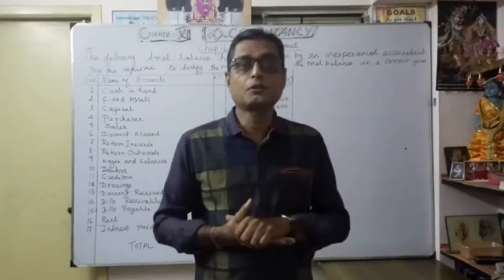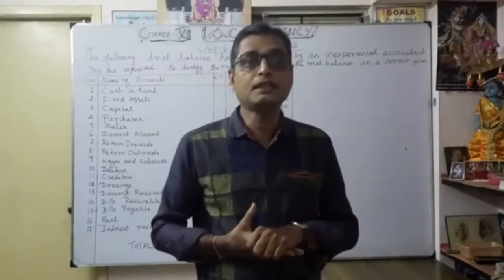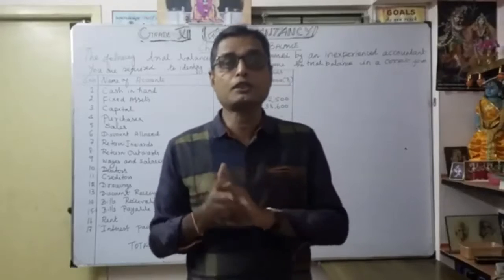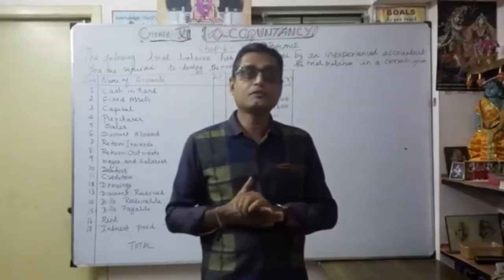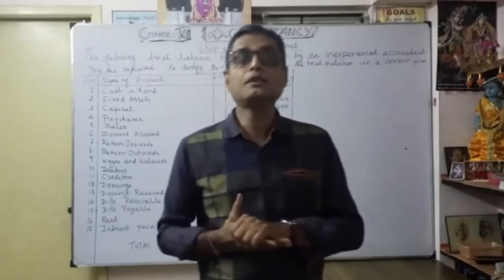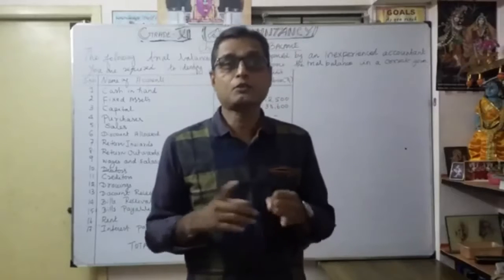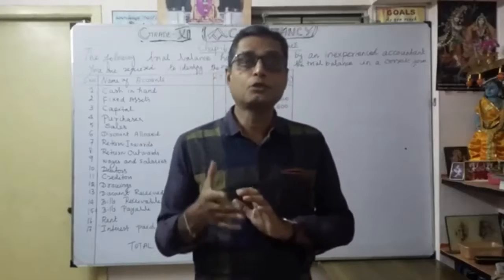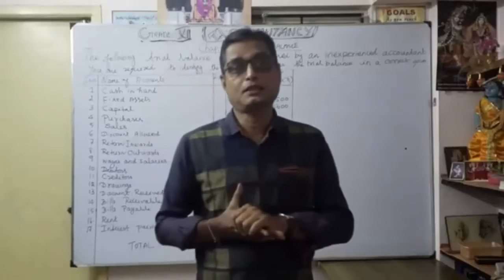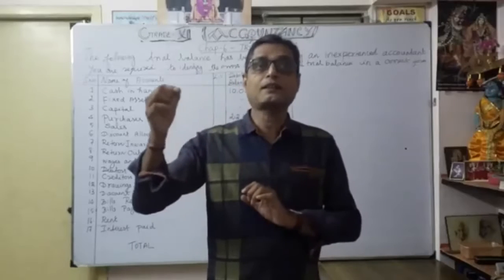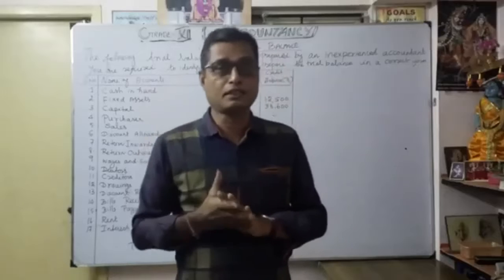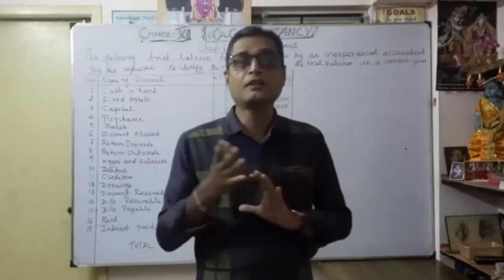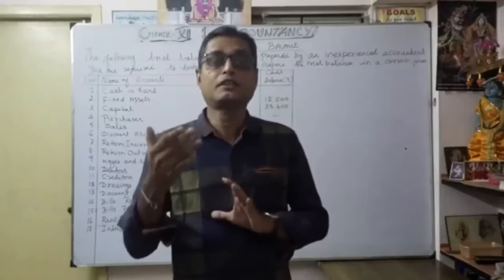Then we discussed the objectives and limitations of the trial balance. Then, a very important one: how you are going to record a trial balance. Before that, what are the methods available for preparation of trial balance? One is the total method, another is the balance method, and another is the total and balance method. The most suggested one is the balancing method, where only whatever balance is available in a ledger is recorded. You have to identify which items are recorded in debit balances and which items are recorded in credit balances.